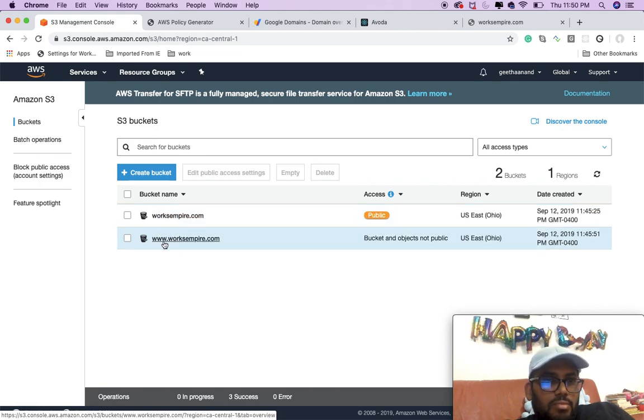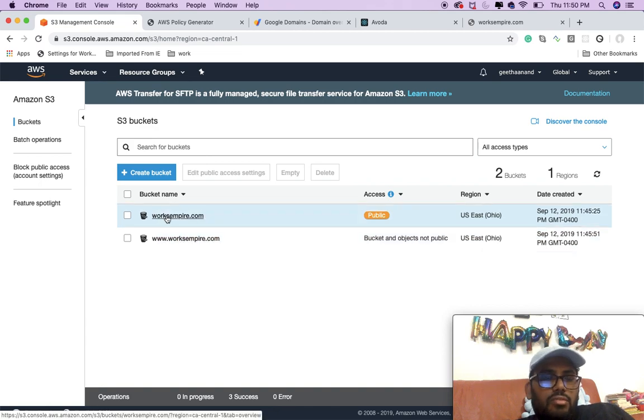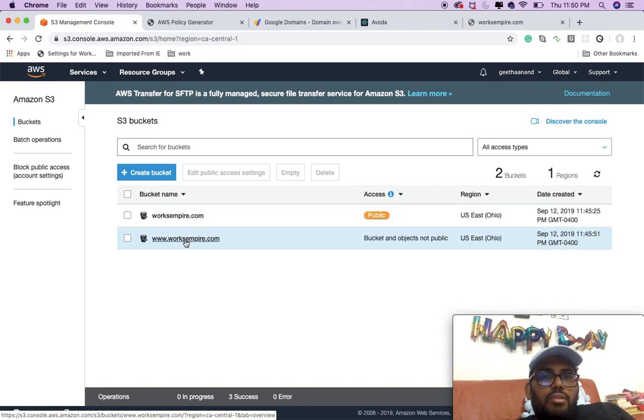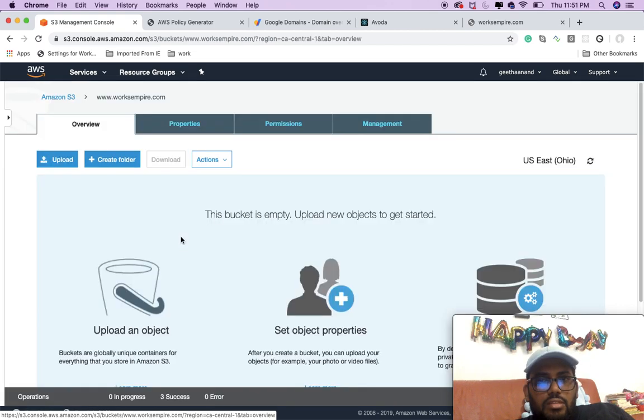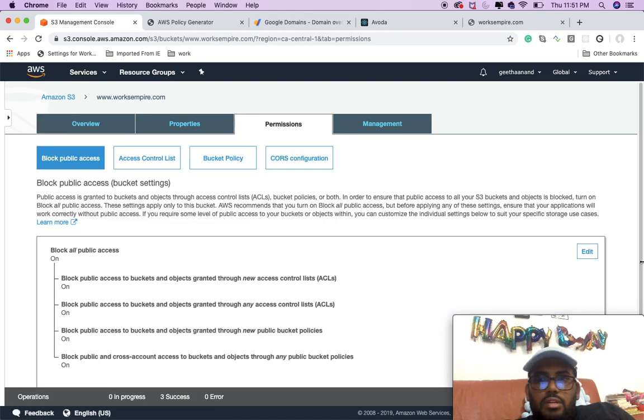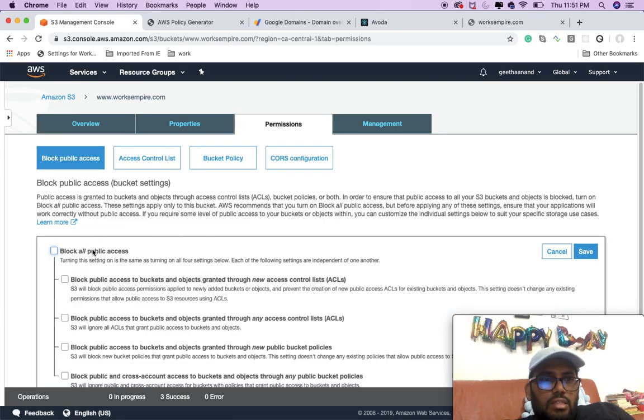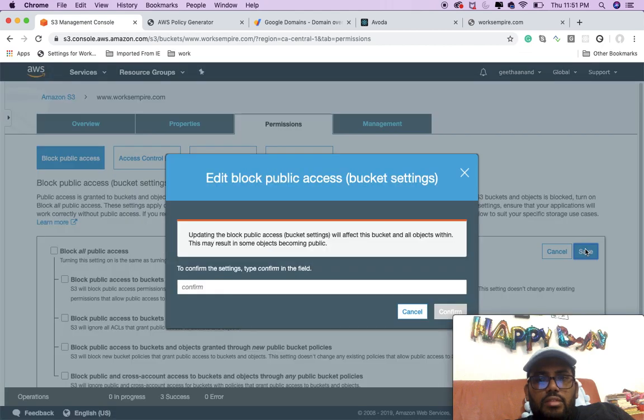Because people will type www.worksempire.com, not simply worksempire.com. So what we are going to do, we are going to redirect the www.worksempire to the worksempire.com bucket. So click this second bucket name, do the same stuff, click the permissions, click edit, uncheck the block all public access, click save, type confirm,